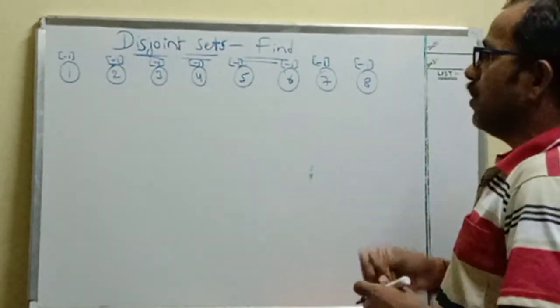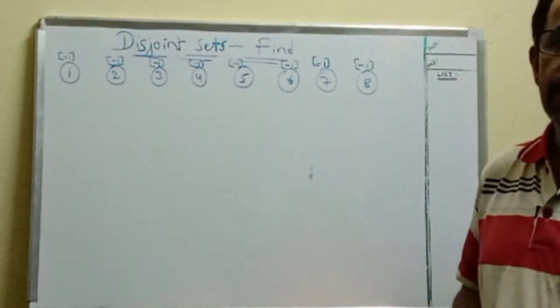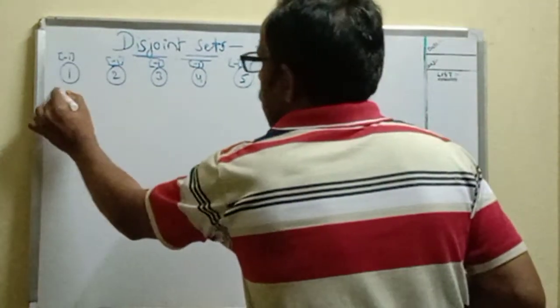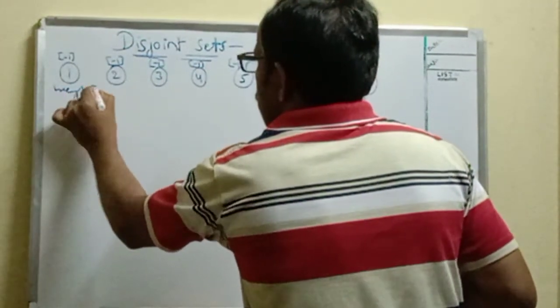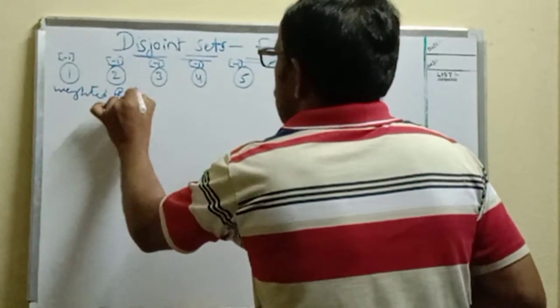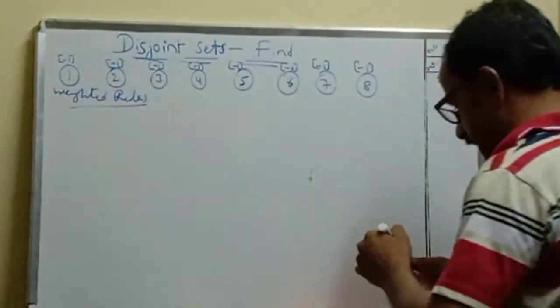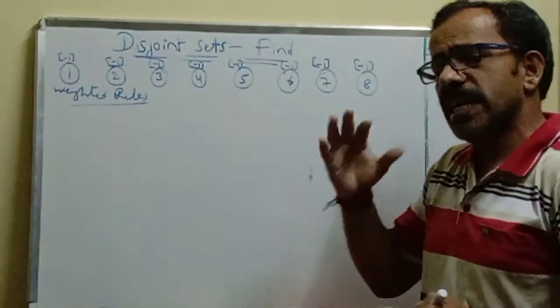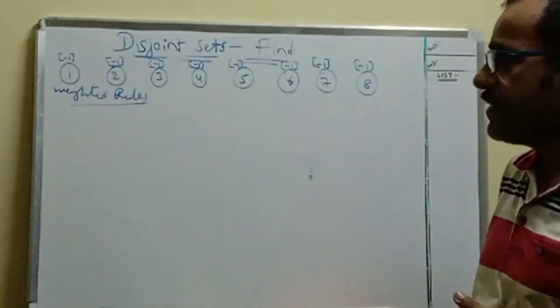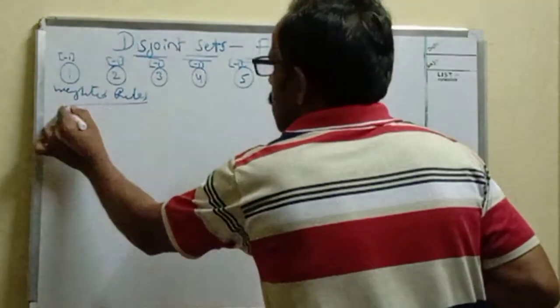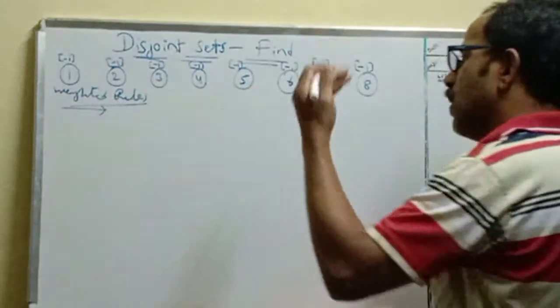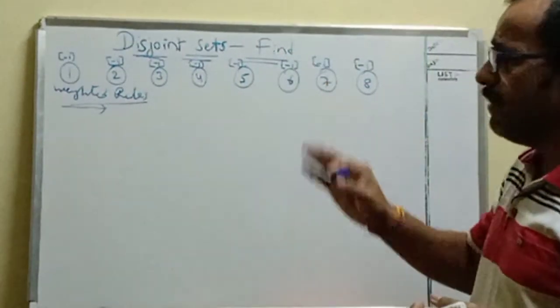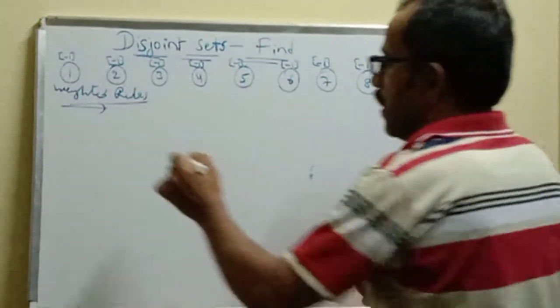Okay, now. I explained the weighted rule in union. Suppose you apply the weighted rule, how can these trees be constructed? There are two different ways. One is we can take our own sequence for constructing trees. Another one is to start with the first node and combine all the trees in the sequence. In that way, we get the best tree structure. Suppose you perform